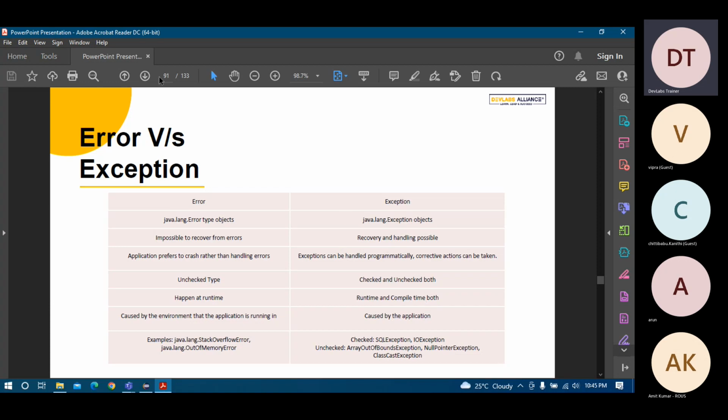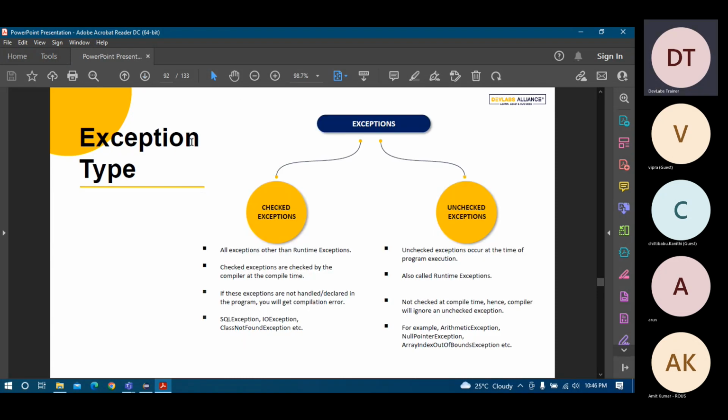So these are basic differences, not very important regarding interviews, but you have to tell that there are two types of things, the children of Throwable: one is Exception and one is Error, and then you can jump to the exceptions, checked and unchecked. If you define these things, they will agree with and accept your answers. So that's okay. Next part, checked and unchecked exceptions. We have also shown some examples of what are checked and what are unchecked exceptions. So if you see here,